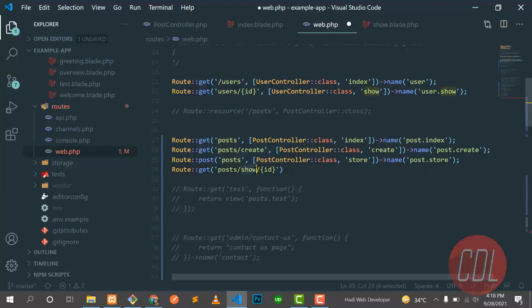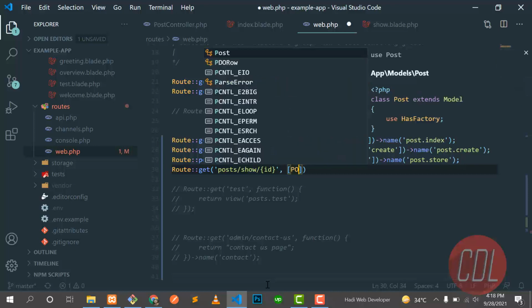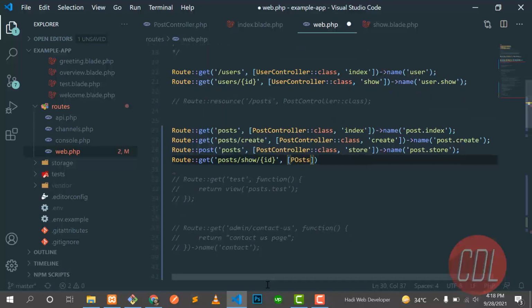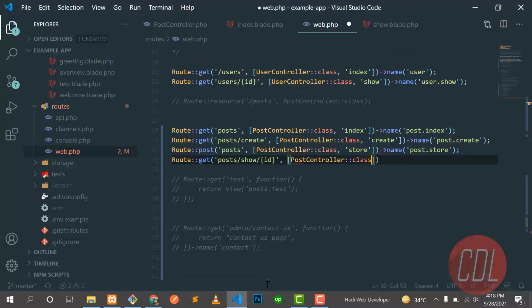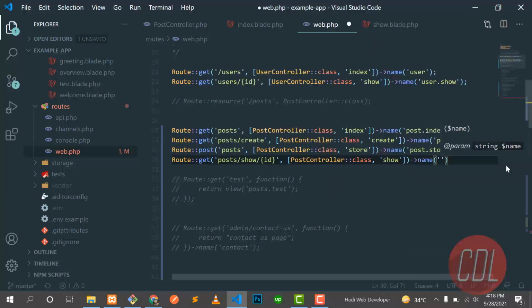So post slash show and then post id, okay. And then the next parameter would be a controller. It should be the PostController class, and then I want to create this method show in the controller, right? And the name would be post.show, okay.